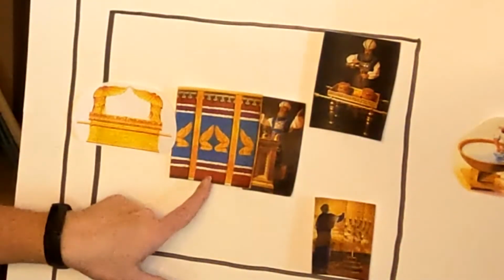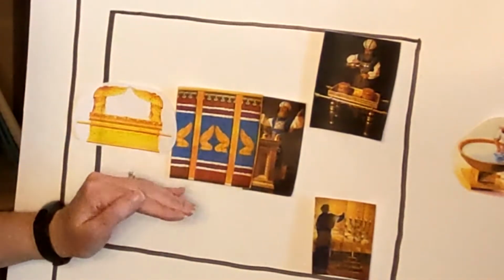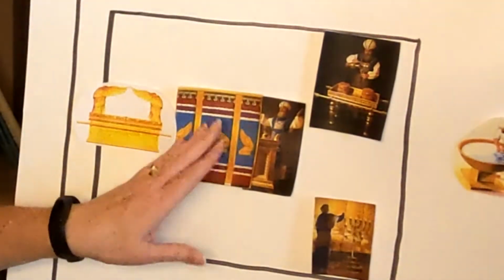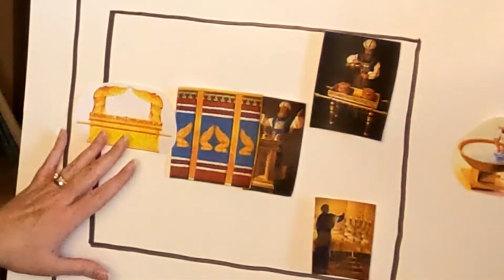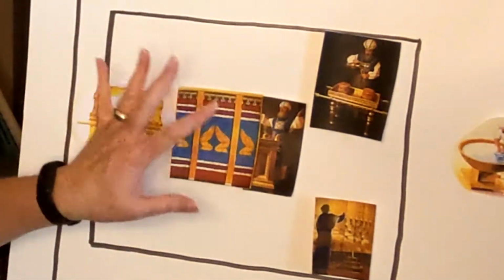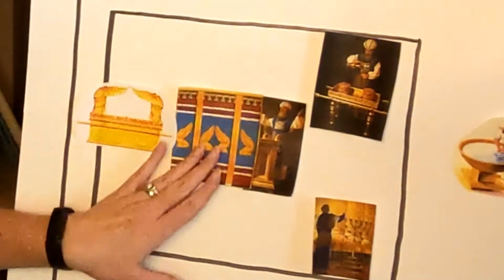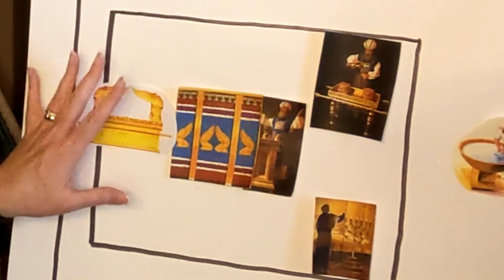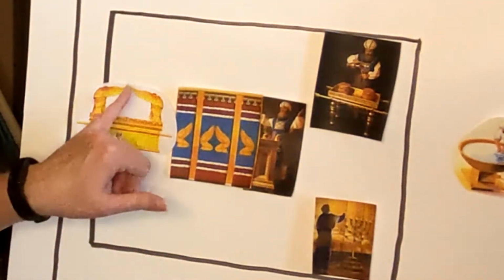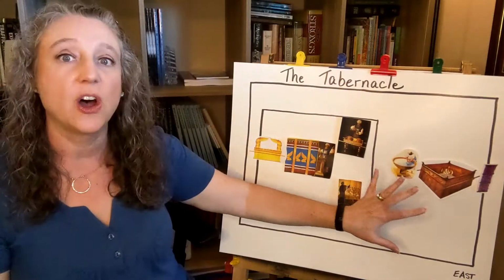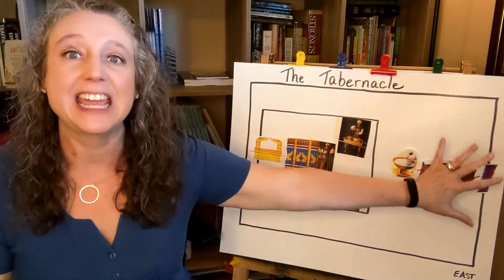But then you get to the veil, and you can talk about the different colors that are in the veil and what they all mean. And then, of course, behind the veil is the Ark of the Covenant. And you can talk about how the high priest is the only one who could go through that veil and meet once a year on the Day of Atonement with the Ark of the Covenant, with God in the mercy seat. And you can talk about all of these different aspects of it, and then go back again,